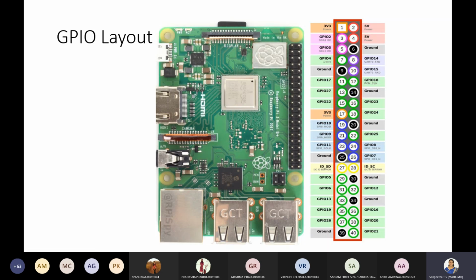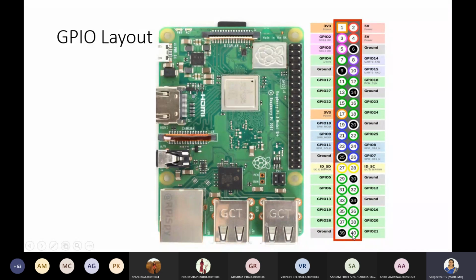So both are allowed, but before that, you must explicitly mention whether you are going with the GPIO Broadcom numbering scheme or GPIO board numbering scheme. So in the program, whenever you are writing code, you have to configure or set up the system using either Broadcom or BCM. You will see that. So I hope you have understood.